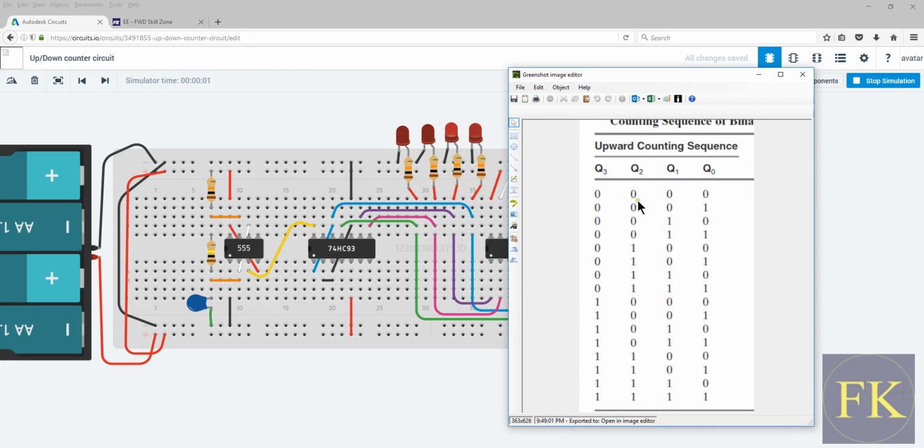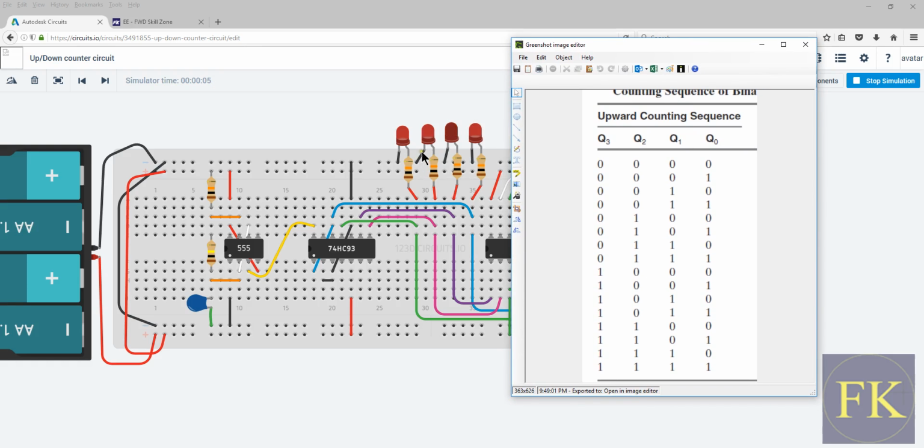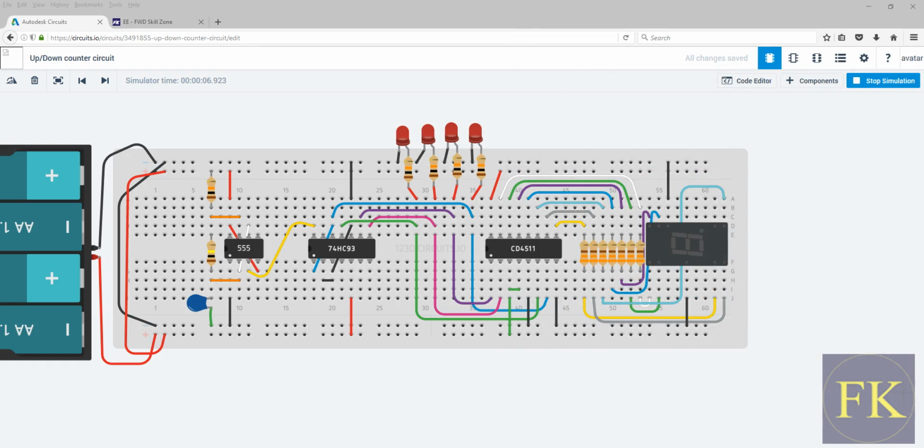Okay, now 1 2 1 0 1 1 1 0 0 1 0 0 1 1 1 0. I can't count, it's so fast, but anyhow it's counting like that. And also the LED, let me stop this one more time, and then let's see the LED part here. So 0 1 2 3 4 5 6,